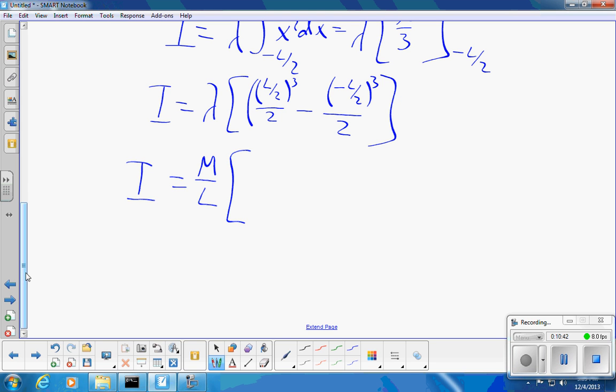And let's see, I got to be careful. L over 2 cubed is L cubed over 8. And that's all divided by 2, minus negative L over 2 cubed is negative L cubed over 8, all divided by 2. So let's see, this is L cubed over